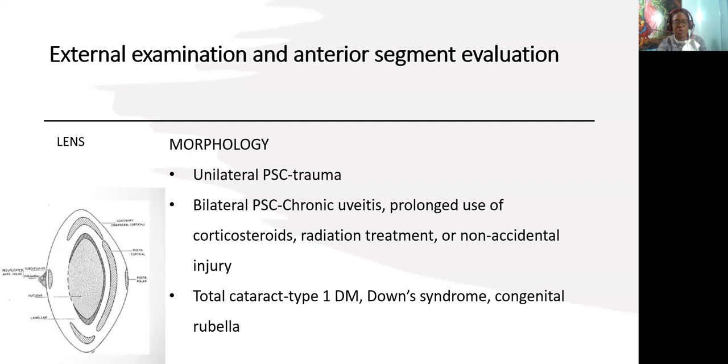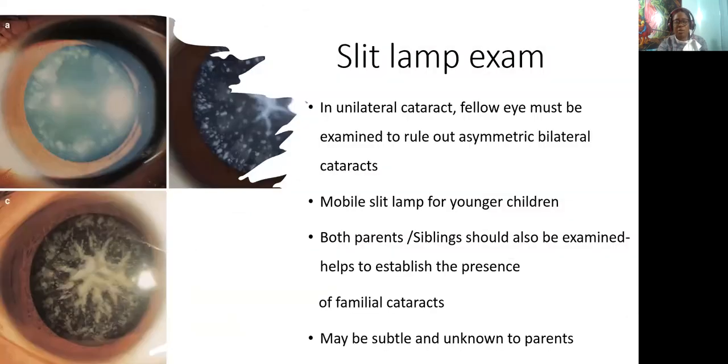We look at the morphology of the lens, the position of the opacity, the color, and the density. In unilateral cataract, the fellow eye must be examined to rule out asymmetric bilateral cataract. We can use a mobile slit lamp for younger children. Both parents and siblings should also be examined to establish the presence of familial cataract, which may be subtle and